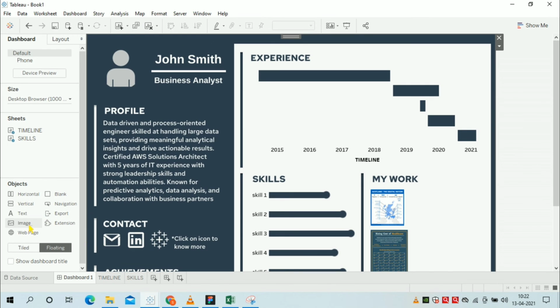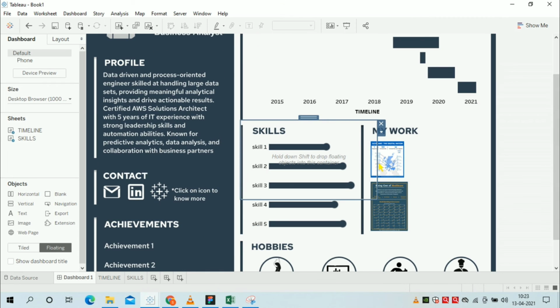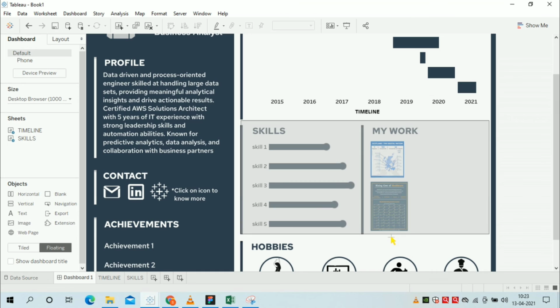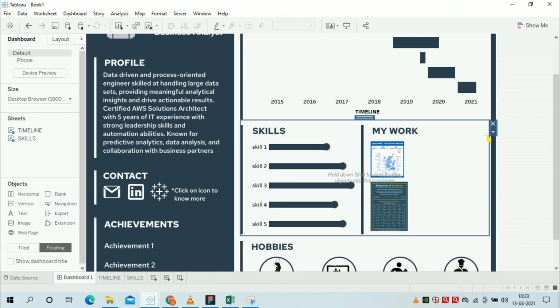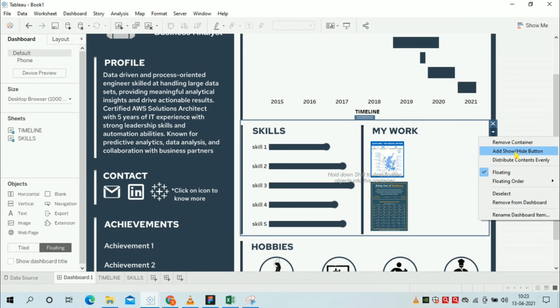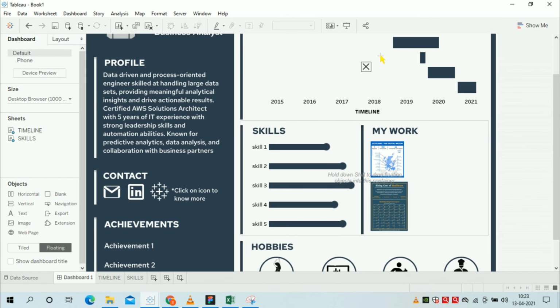and take the vertical object and place it on your dashboard where you want to show the card for your experience. Now adjust the size of it accordingly. Now click on add hide or show button.